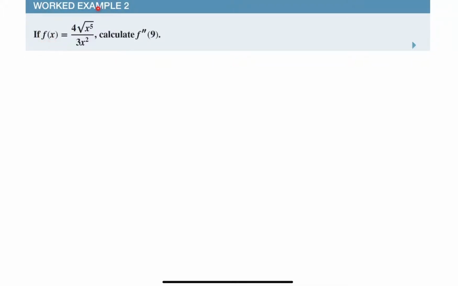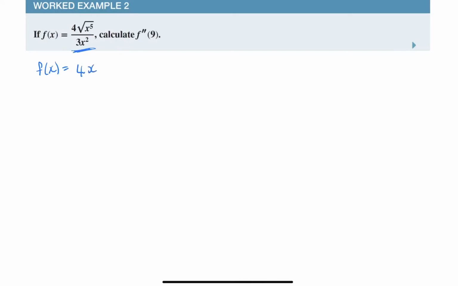If f(x) equals this, calculate the second derivative when x equals 9. If you look at this right-hand side for the first time, it looks like you might use the quotient rule. I just think it's going to be easier to simplify because we only have one term at the top, one term at the bottom. So I'm going to start off by saying f(x) equals, and I'm going to say that is